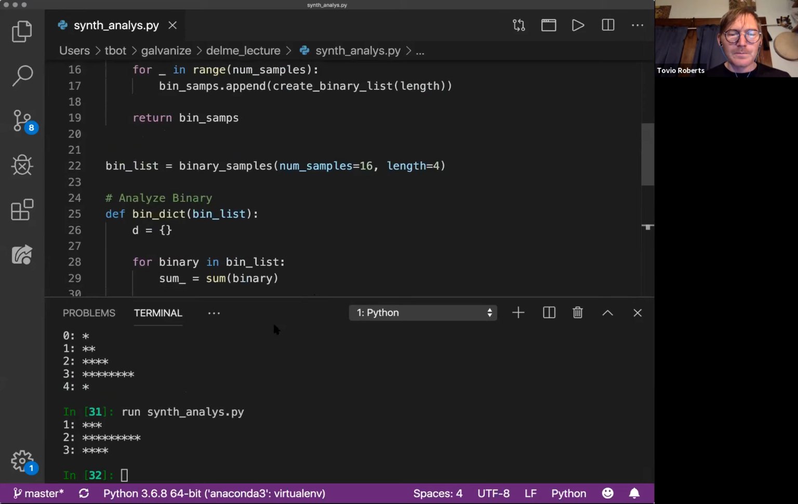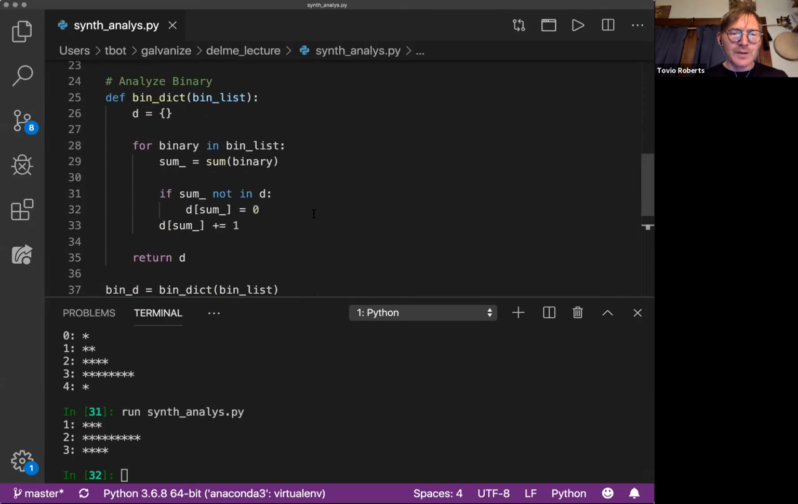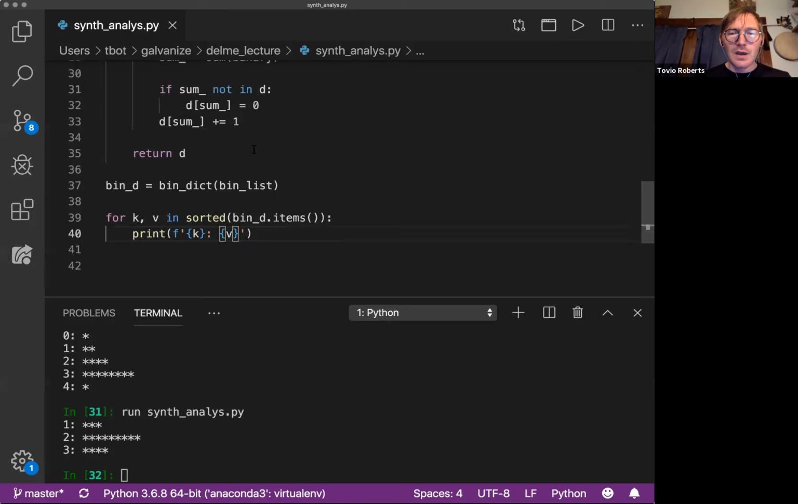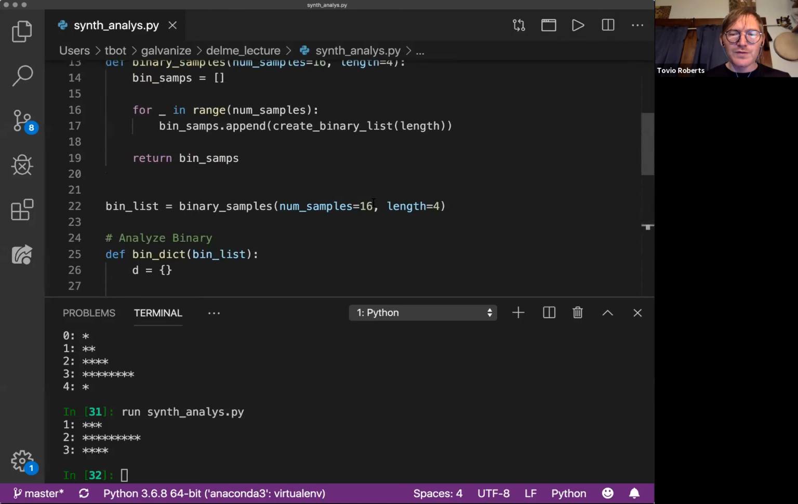And I'm going to have to change something here. Instead of printing out all these asterisks, I'm going to just print out the counts themselves. And I'm going to increase the number of samples. So I'm going to change this from 16 to, I don't know, let's do 1,000. If I do this,